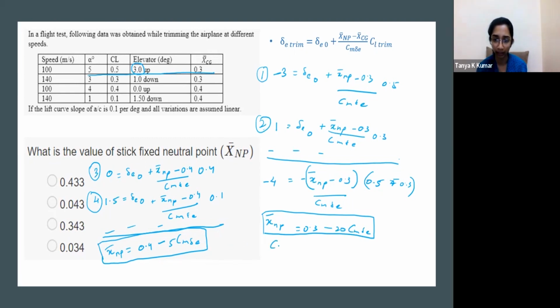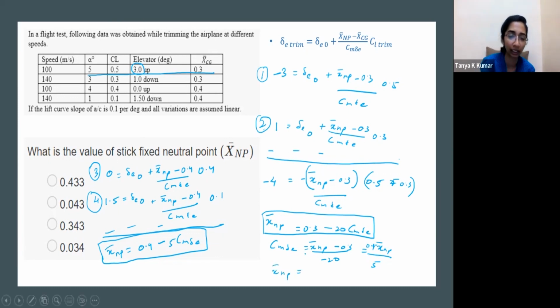So from here you get Cm delta E as x̄_NP minus 0.3 by minus 20. Similarly, from the other case, you get Cm delta E as 0.4 minus x̄_NP by 5. So x̄_NP is